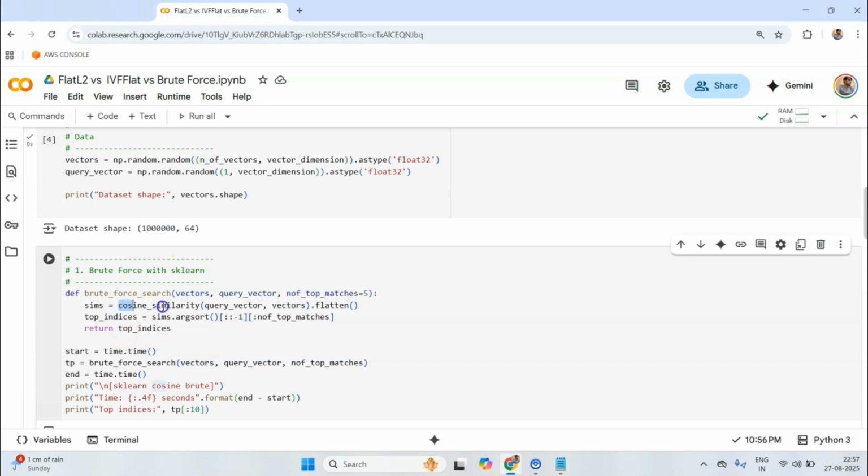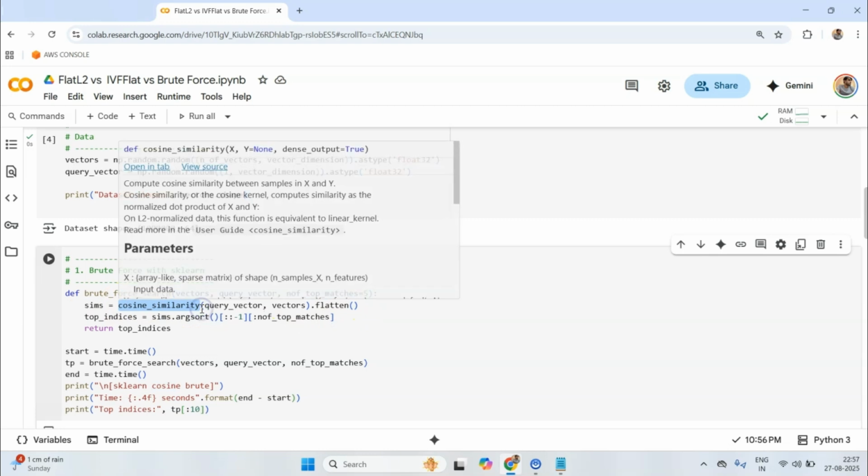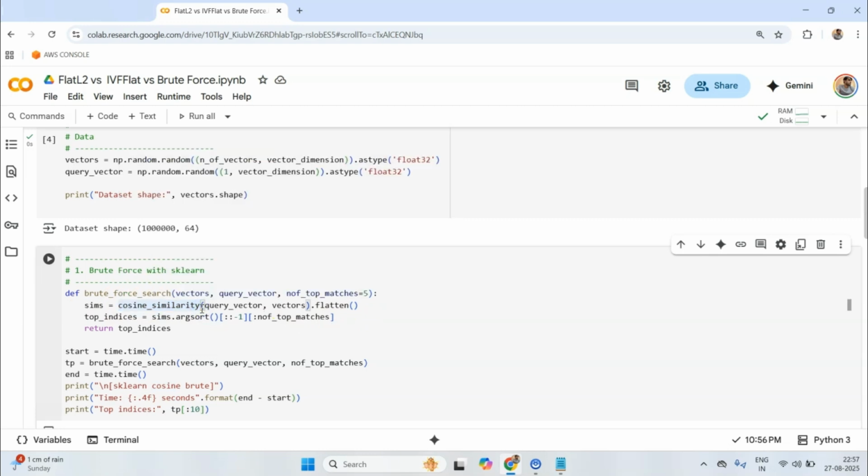I am computing cosine similarity between the query vector and each of the 1 million vectors, so I will have 1 million similarities. I'm flattening it, because this implementation returns a matrix by default, and by flattening it I'm converting it into a vector of 1 million similarities. After that I want to get the indexes where the highest similarity exists.